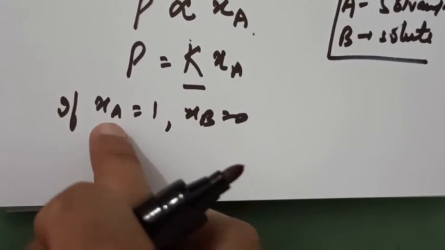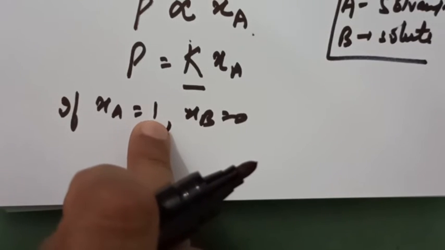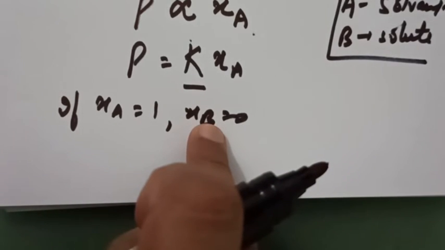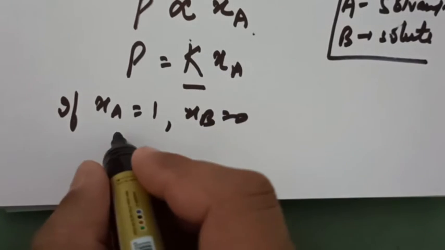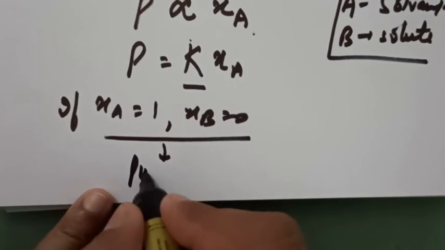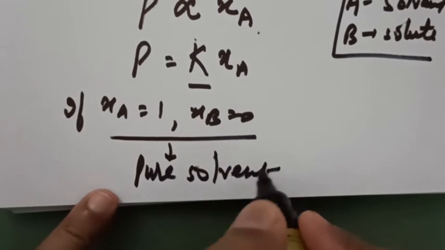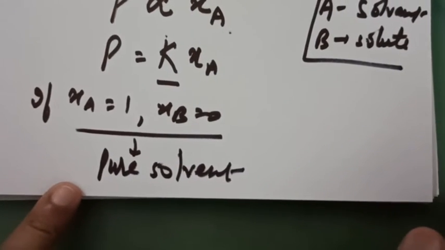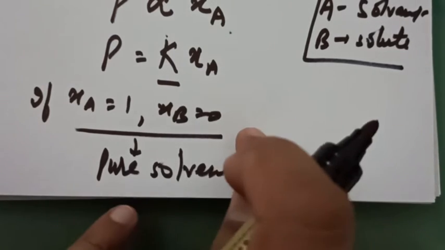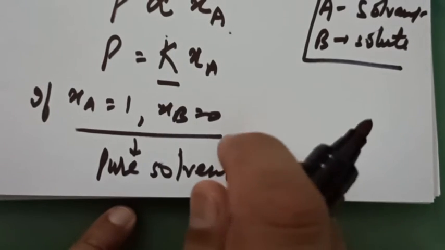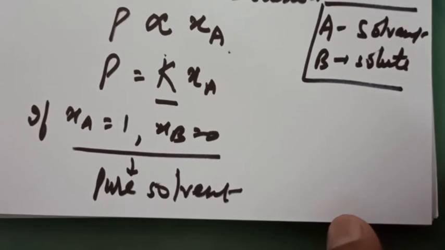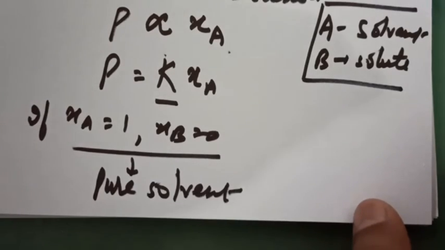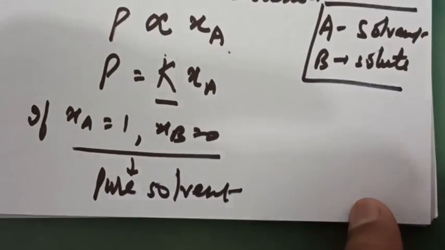Okay. If XA is equal to 1, then XB is equal to 0. Then it is pure solvent only. This condition always applies for pure solvent, meaning a solution in which no solute is added. And the vapor pressure of the pure solvent and the solution will be the same. Obvious, the vapor pressure will be the same. If we have a solution that contains only solvent and no solute at all, then the total vapor pressure of the solution will be equal to